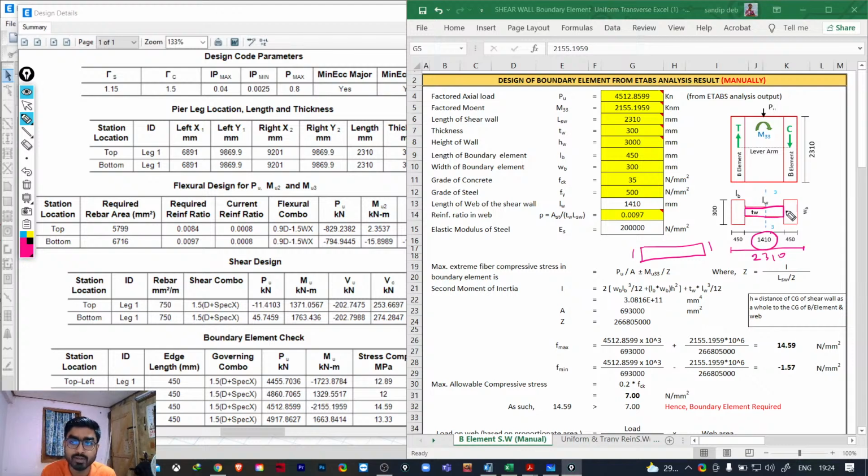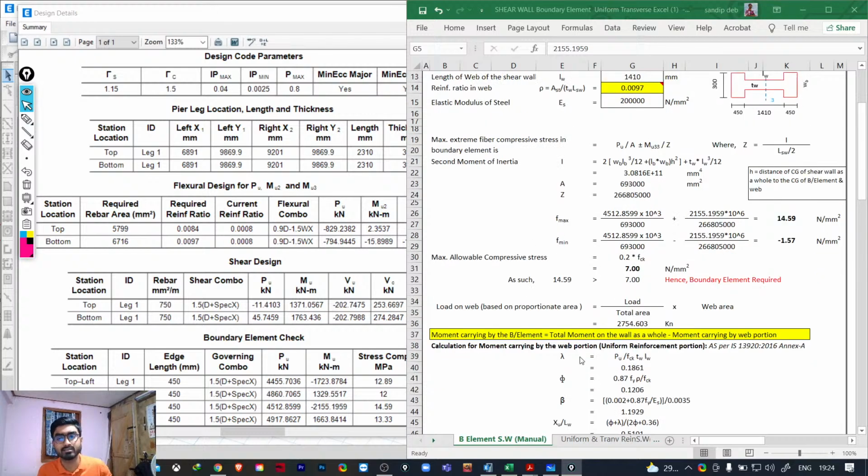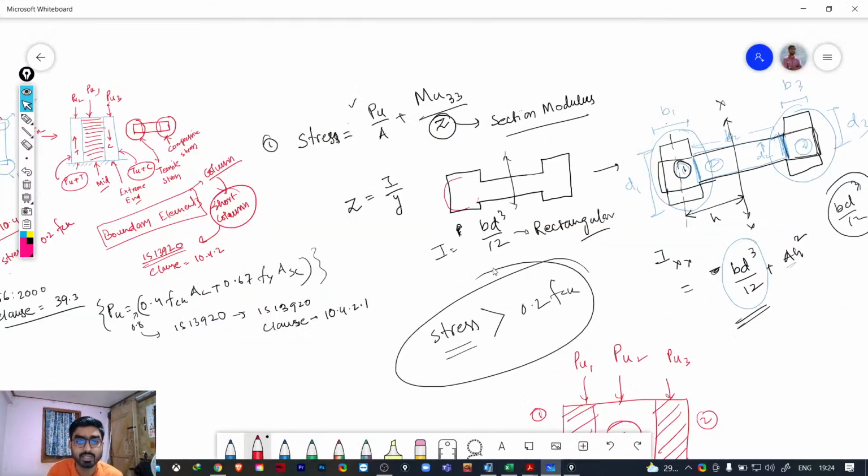1410 multiplied by 300. Okay, this is the area of wave. So if you see here the method, the formula, this is a simple formula you can find: load by total area multiplied by wave area, right? So we'll be getting the load on the wave area only. Okay, so what we need to do here, if you see,